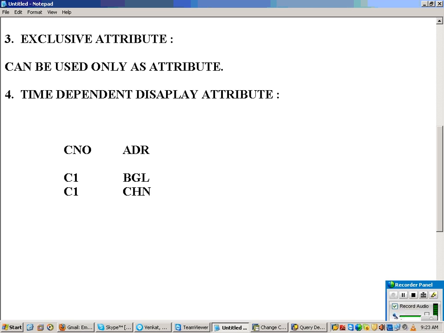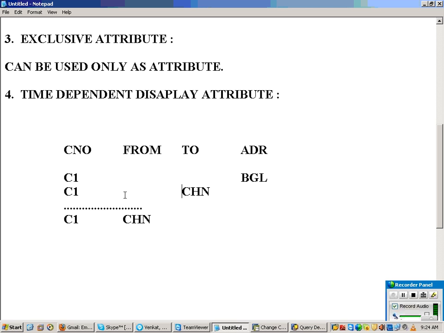But if we are loading like this, what happens? C1 is over, Bangalore is overwritten by Chennai. So now, suppose you develop a report for March 2010, what will it show? Chennai only, right? Because in the database I have that, but I don't want it like that. If it is a report from January to June, it has to show Bangalore. If it is a report from July to December, it has to show Chennai. That means, in your master table, what do I do? I will make it time dependent, from date to